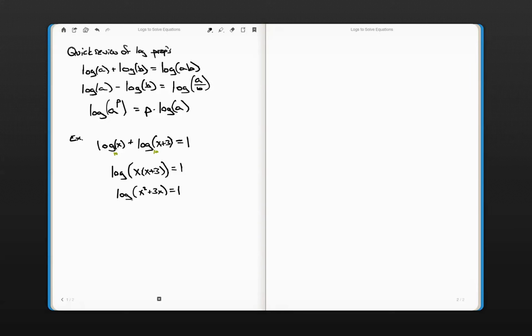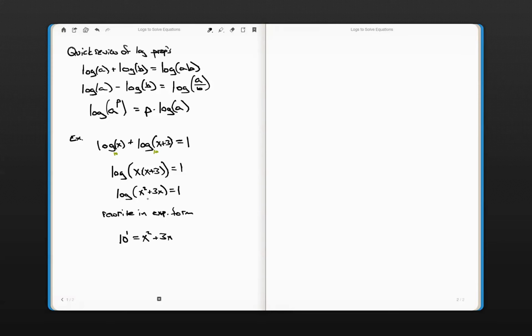What exponent do I need above a 10 to get this? Well, that exponent is a 1. I know what the exponent is, so I can rewrite an exponential. I'm going to rewrite this expression in exponential form, which means that 10 to the first power equals x squared